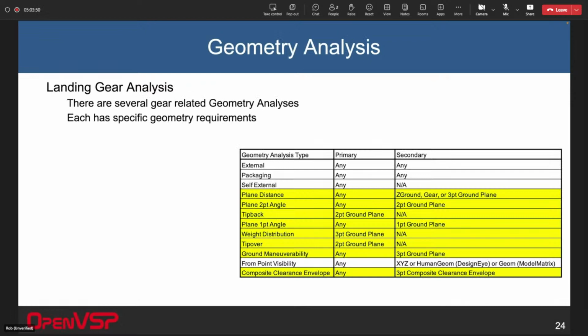So you dial in what you want, and then you go and add your geometry analysis. There's a bunch of different geometry analyses, and each one of these needs a specific auxiliary geom, and a specific primary geom as well. The yellow ones in this list, this table of all the geometry analyses currently in the development version of VSP, are what we're interested in right now